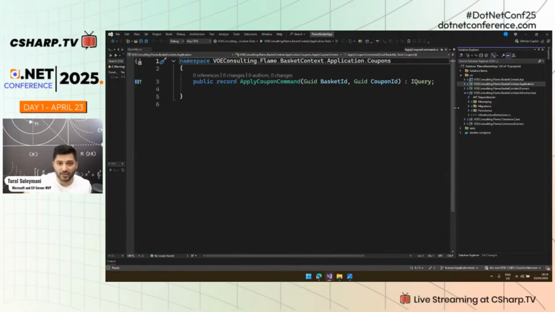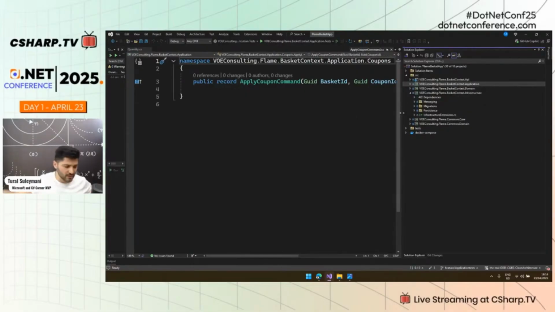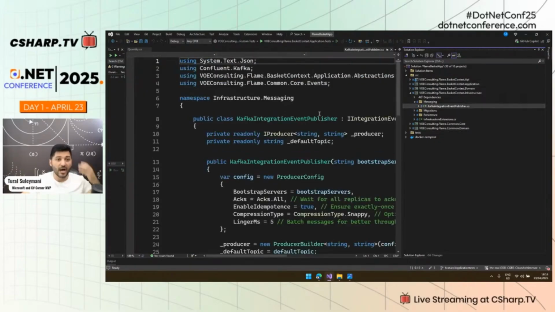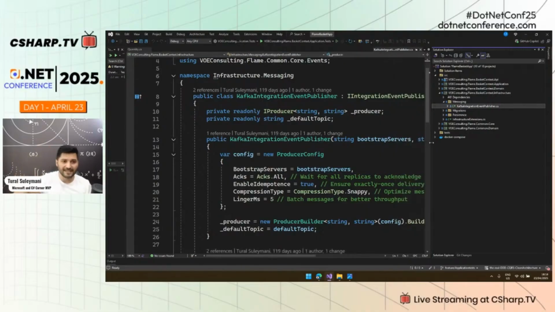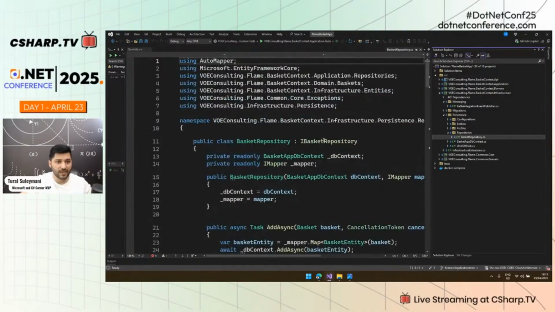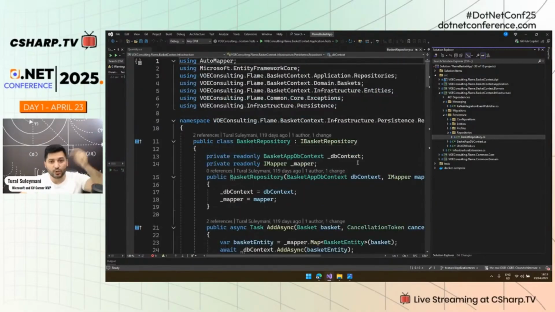How about infrastructure? How about Apache Kafka, messaging stuff, RabbitMQ, all this cool stuff, just encapsulate them inside your infrastructure. You see, I have infrastructure, I have Kafka integration, even publisher, all this stuff like message sending, like the external libraries that need to be used by this application should be encapsulated to your infrastructure because they are a part of infrastructure. Okay. Persistence, let's say we have repositories, basket repository implementation should be inside your infrastructure, but the contract,